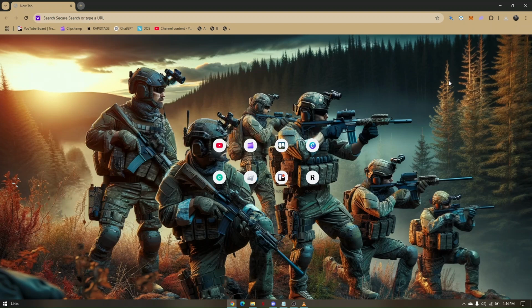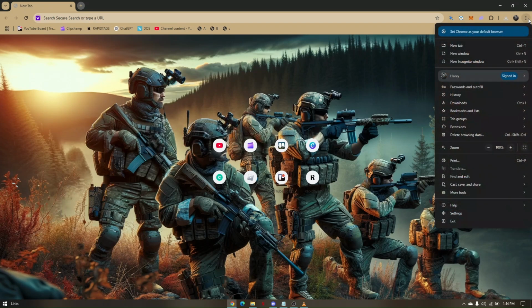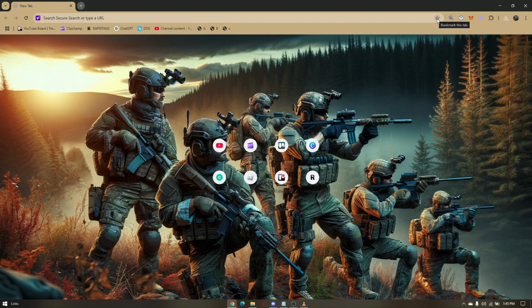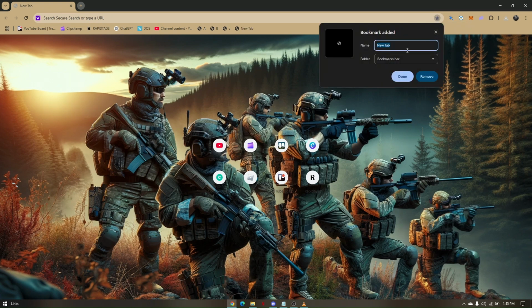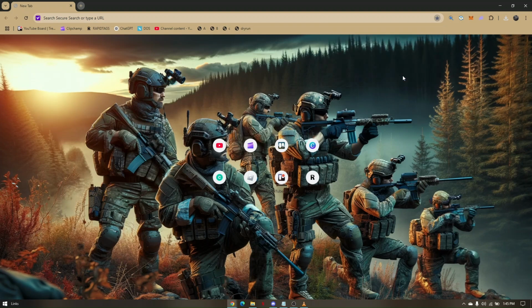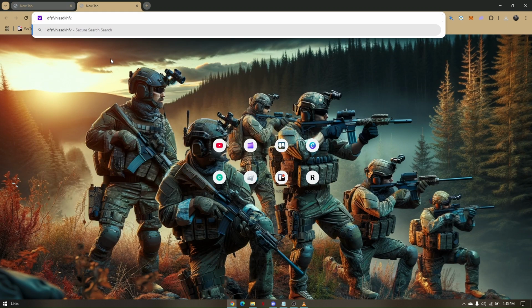specific bookmark as random. So click on the three dots right here, and then you can also just go ahead and click on the star icon right here that says bookmark this tab. So we will have to name this Dry Run or any name that you want. Now click on done. And once you click on done, just create a new tab and go to a random